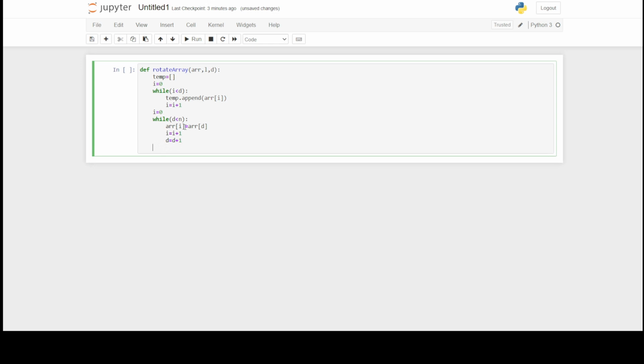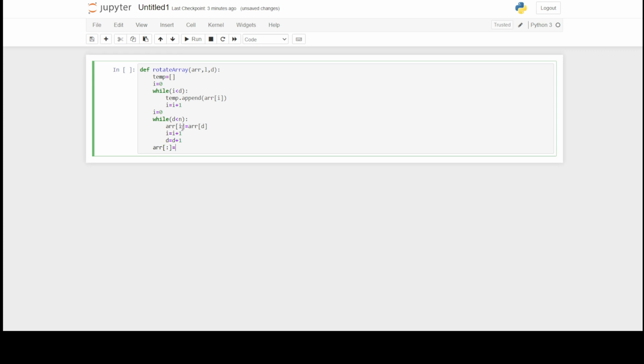After we have done this, we now have in the initial array the values from d to n, which have moved to the left, and another array which is named temp. So now we have to bring all of this into one array, that is ARR, our initial array. So we take the full array. We have no number written on both sides of the colon. That denotes that we have taken the full array.